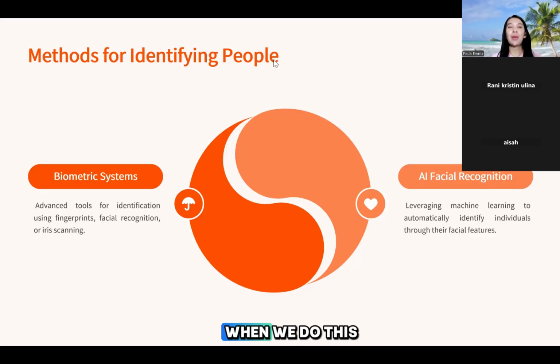For example, when we lock our phone, the first thing is fingerprints. Sometimes it's located on the key button like this. It also provides facial recognition, which can recognize our face and unlock the phone. And the third is iris scanning. Sometimes we also find iris scanning in a modern laboratory. It scans our pupil, our iris, on the part of our eyes like that.